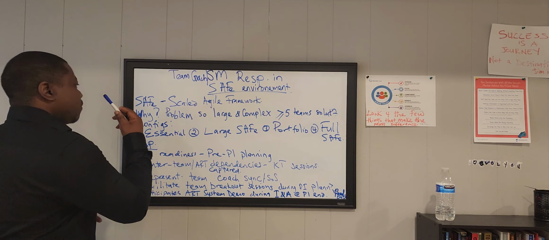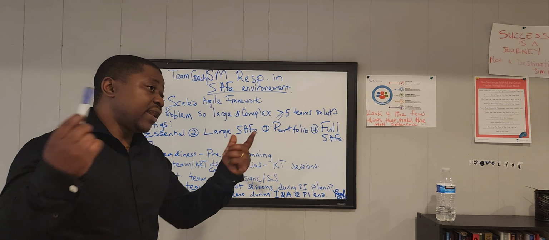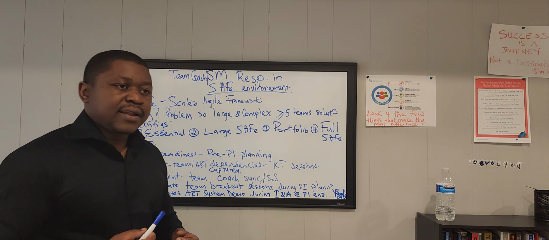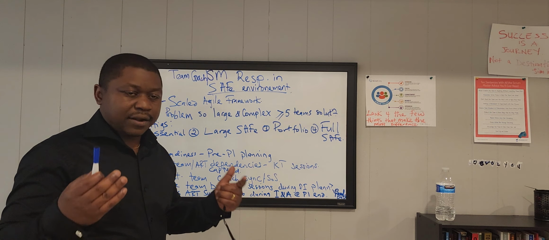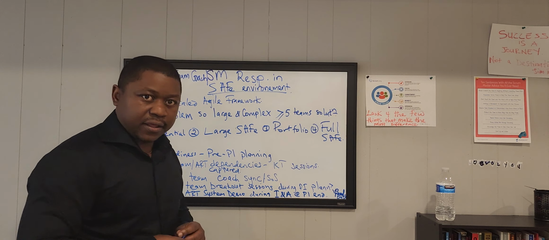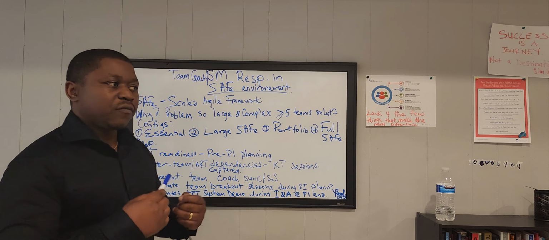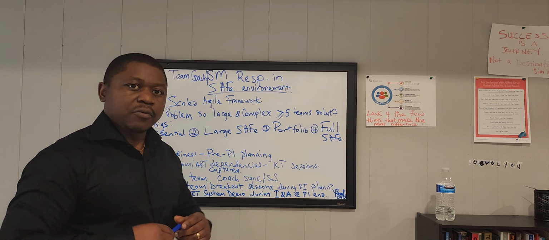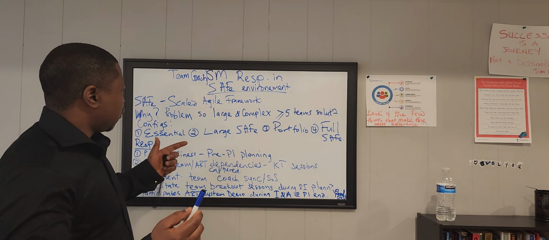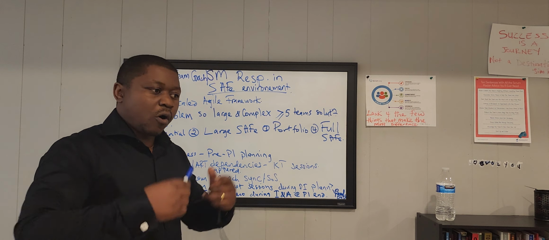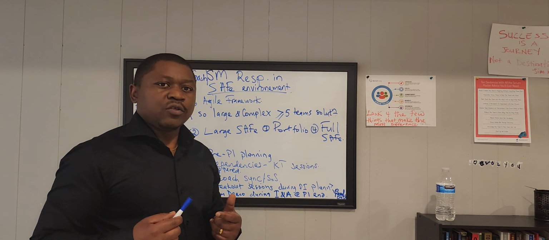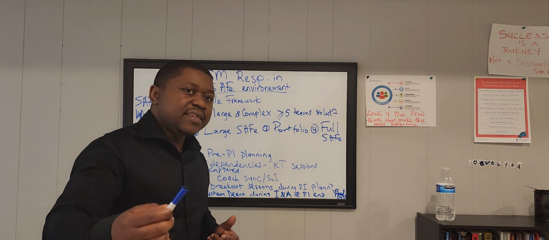So SAFe, or scaling frameworks, become very important when a problem is so large and so complex that even up to 4 teams cannot come up with a solution to that problem in a very easy manner. And it becomes very difficult to even coordinate amongst themselves when it comes to solutioning for that complex problem. So a framework such as SAFe comes into place to coordinate, to help more than 5 teams seek out a solution to that complex problem in an easy way.